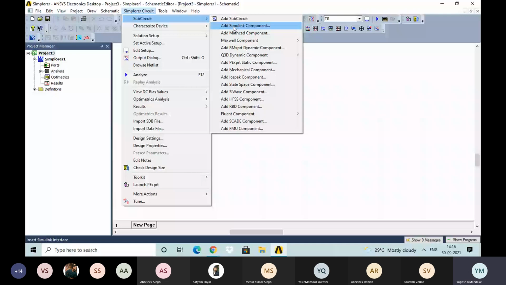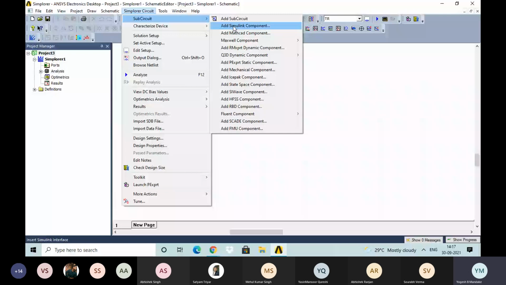Now there might be a question in your mind, why is there a need to import this model once we make the design here? As we know, the RMxprt design is related to the machine part or the supply part only.